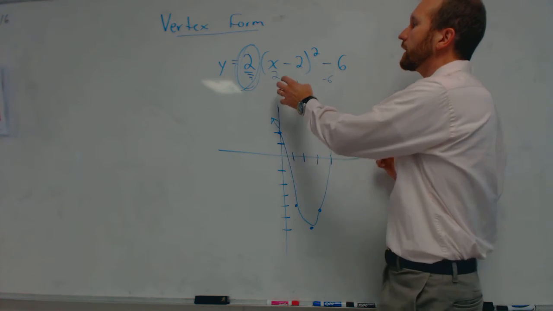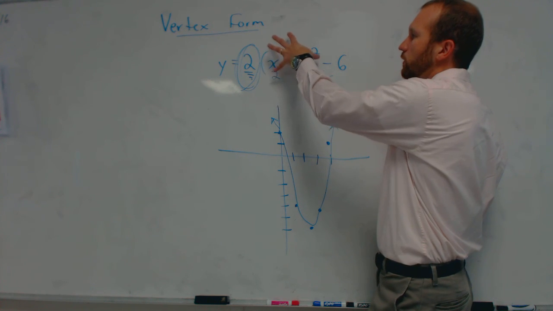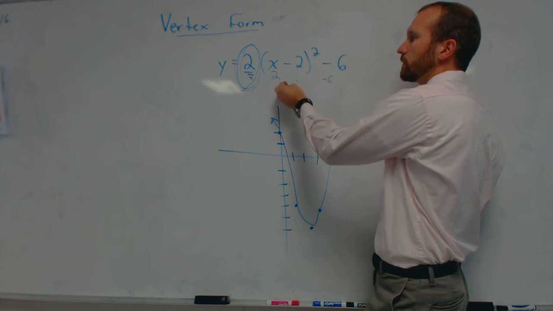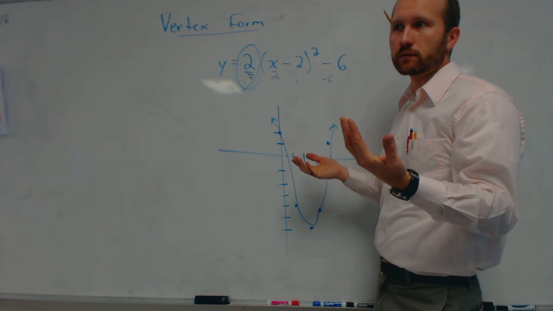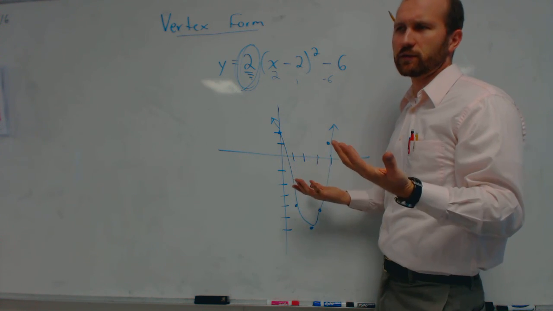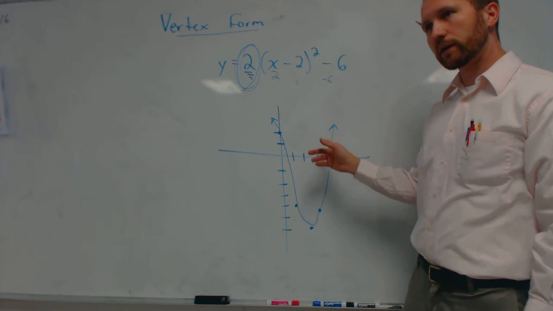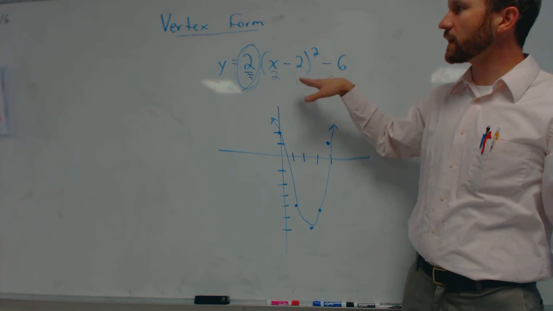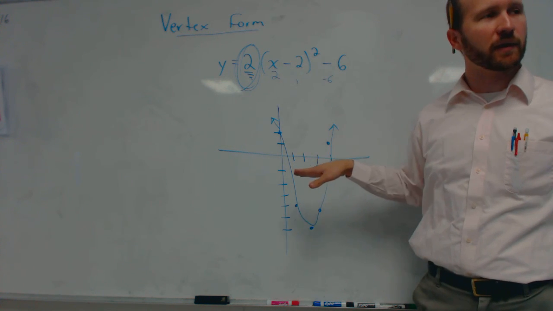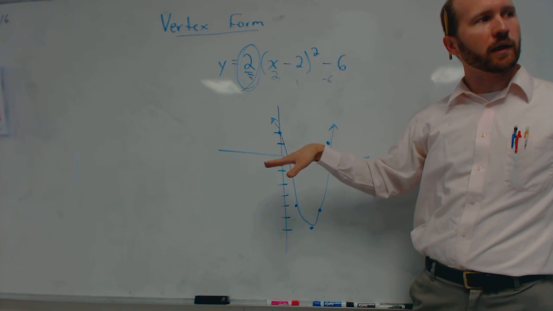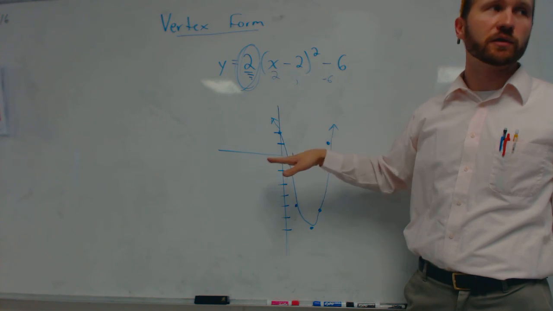Yeah, because again, if I pick 2 for x, this whole thing is just 0. 2 times 0 is 0, right? So it doesn't matter until we get to the other points. So the vertex is the same, and then we use this to figure out how many we go up. Go over 1 up 1 times 2, over 2 up 4 times